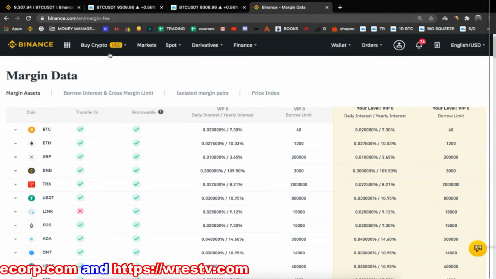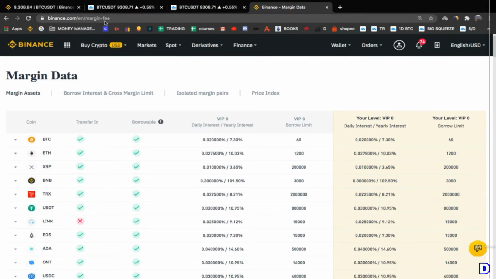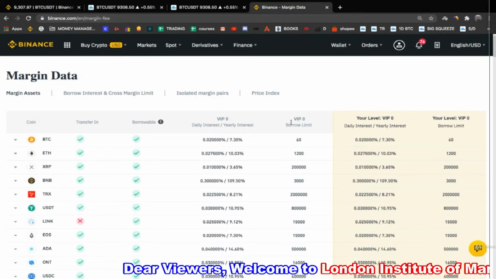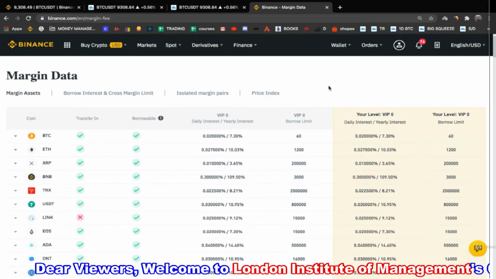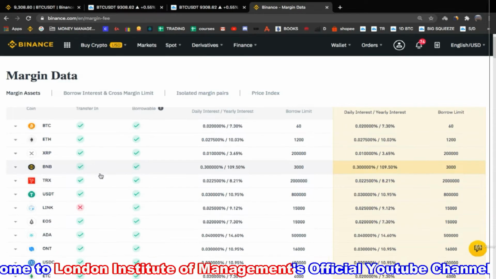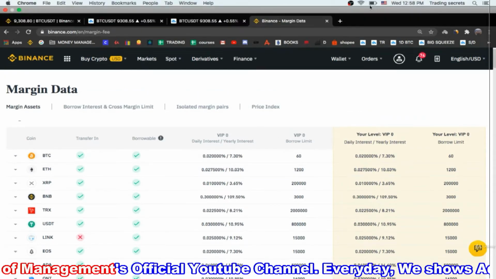As you can see, this is the page, because they can change these fees. At the moment when you are watching this video, they can be different. So this is basically where you are going to see the fees on Binance, the margin fee. When in Google you type Binance margin fees, you will be able to see this page if you want to. So this is it for this video.